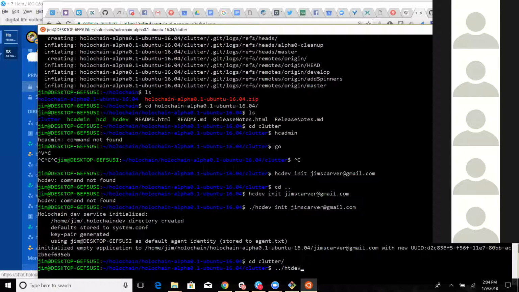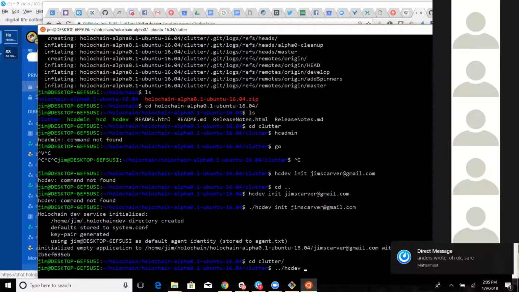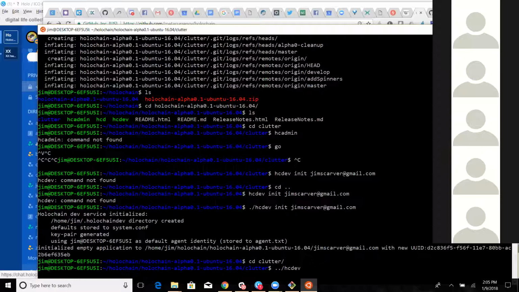Oh, you're using Jim at desktop then? Yeah, I'm in Ubuntu. Ah, okay, got it. HC for Holochain, Jim. HC dev web. I'm still in the old world of hypertext.